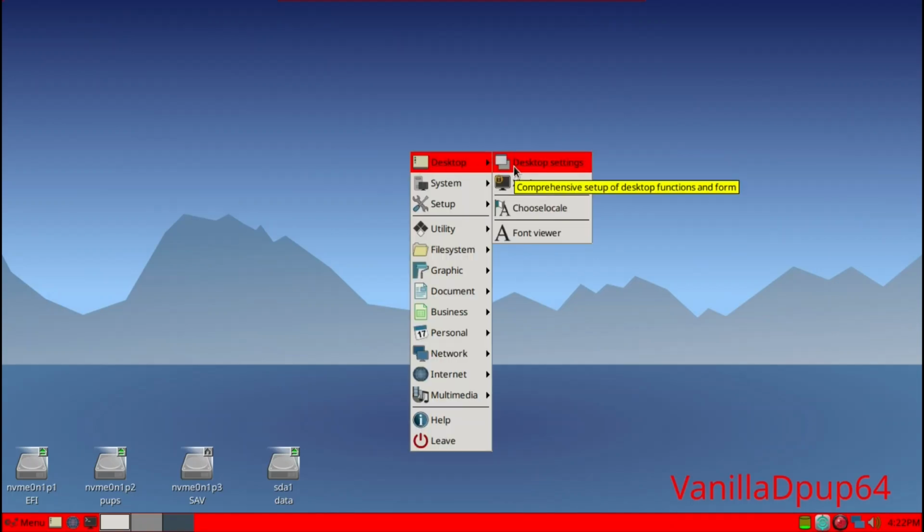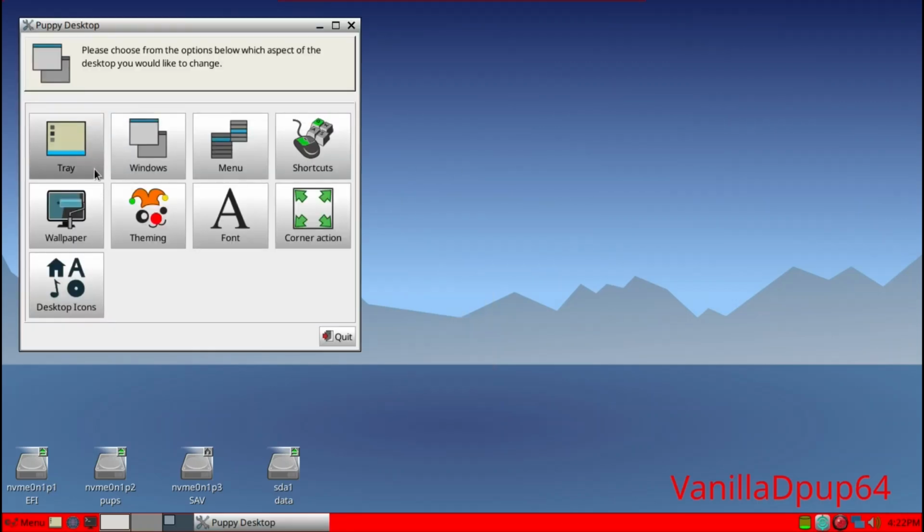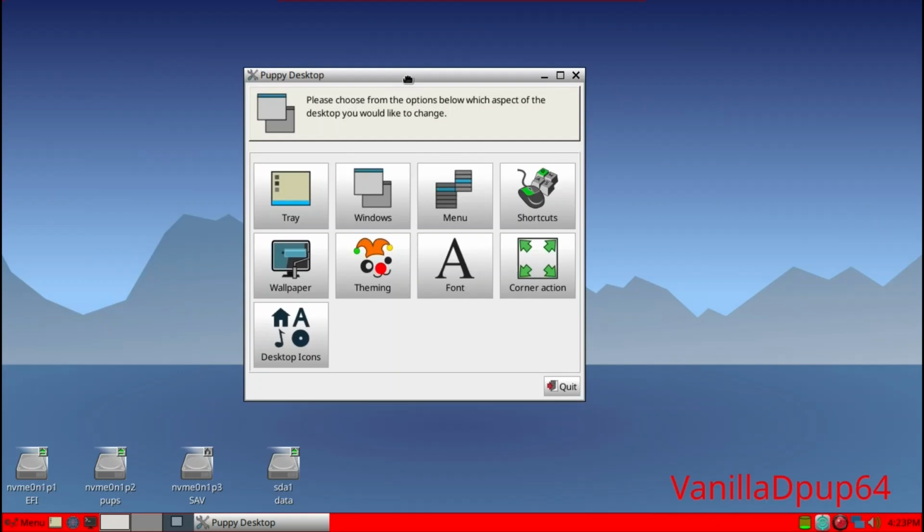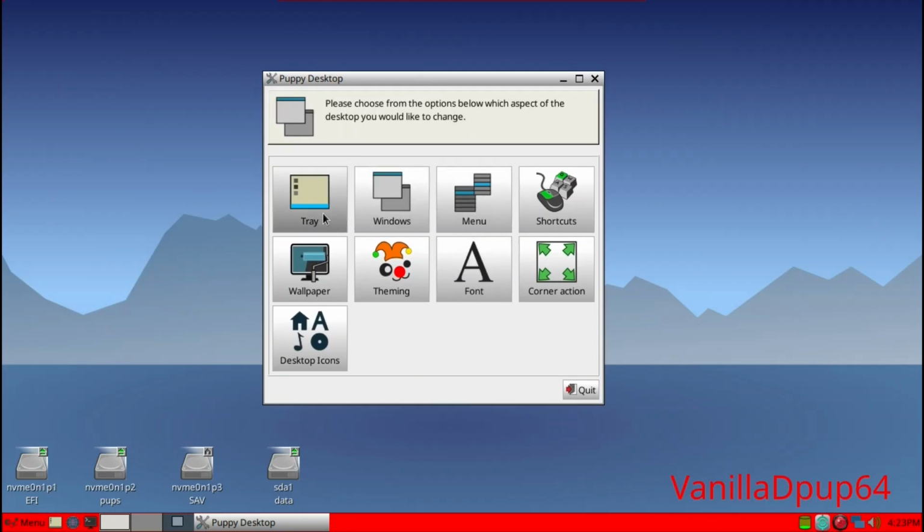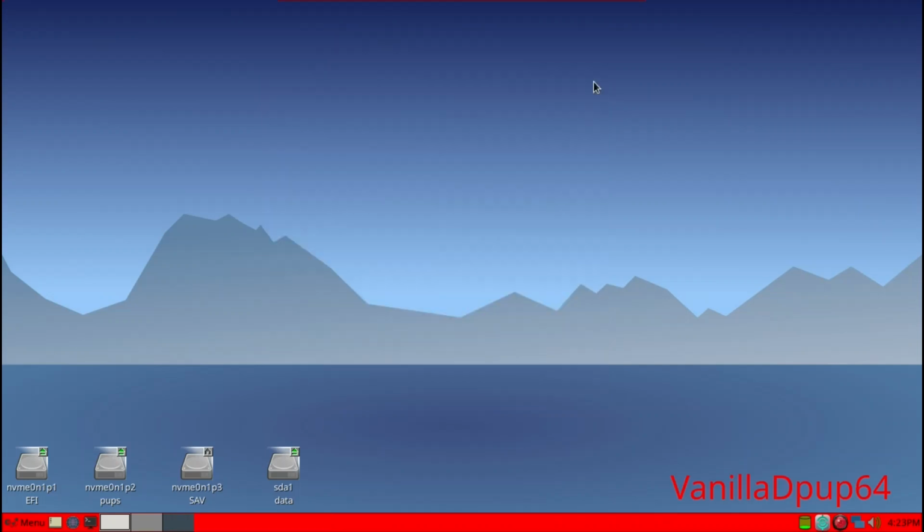Desktop settings, or it's also called JWM desktop, has some appearance, theming, and controls the windows and tray, but I find that frequently, if you modify one, it will also reset the other component of JWM. So in other words, if you use that graphic interface, and